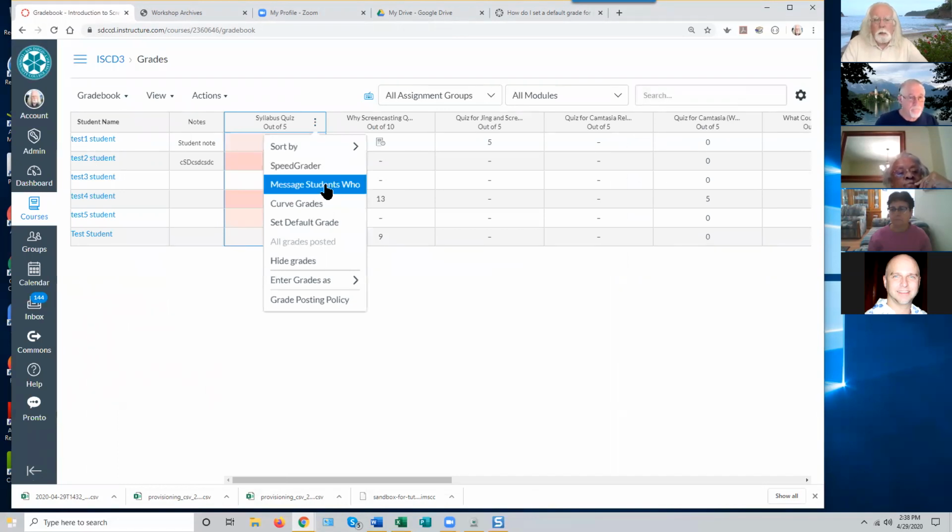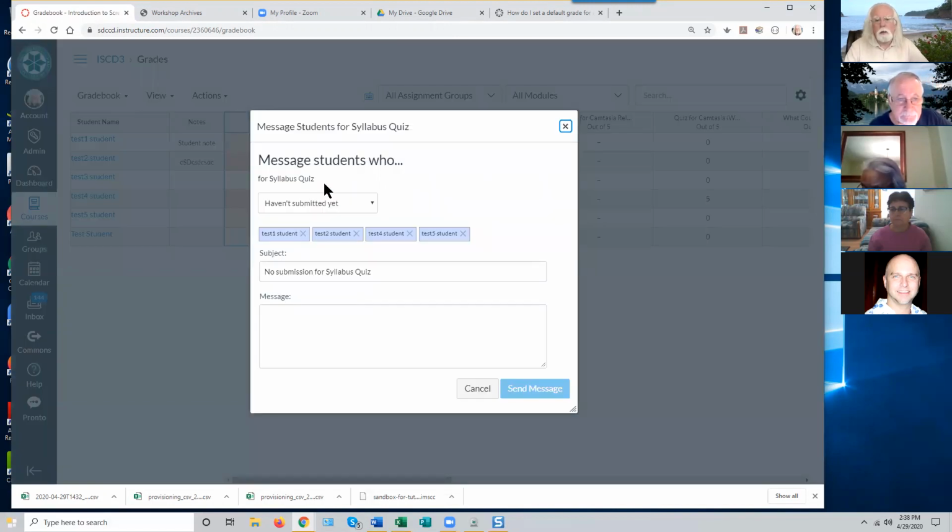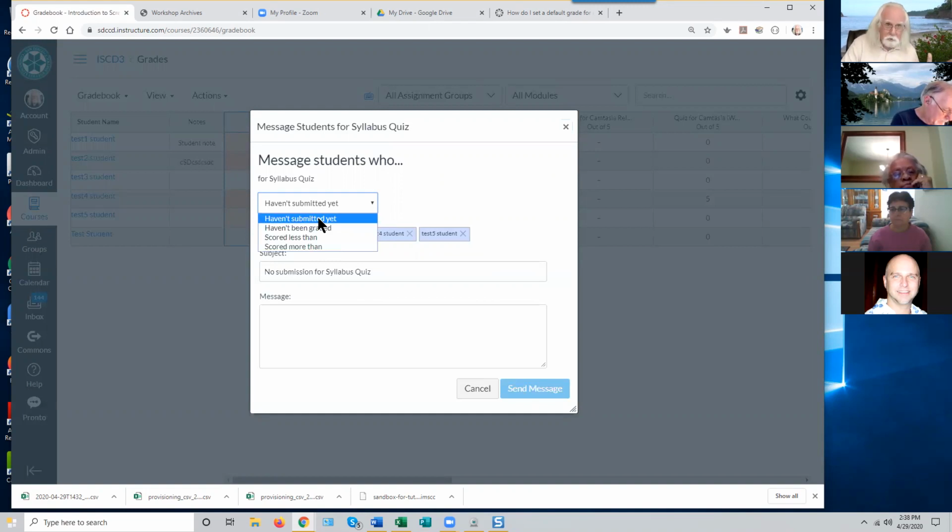You can communicate with your students through the gradebook. Each of these columns has a Message Students Who link. If you click on that, a messaging tool comes up. This is basically connected to your Canvas inbox. And you can choose to communicate with students who haven't submitted this assessment, or haven't been graded, or scored less than a certain amount, or more than a certain amount. So you can give feedback, encouragement, congratulations. Why haven't you submitted this? It's due tomorrow or something like that. So it's a great way to